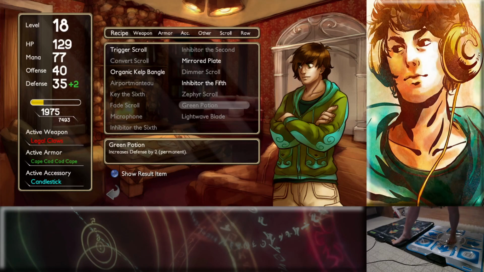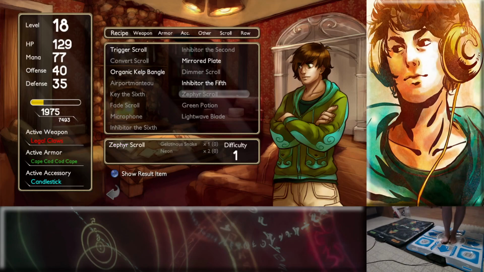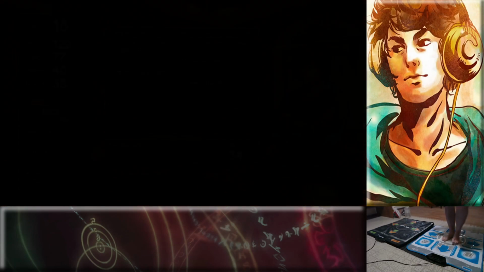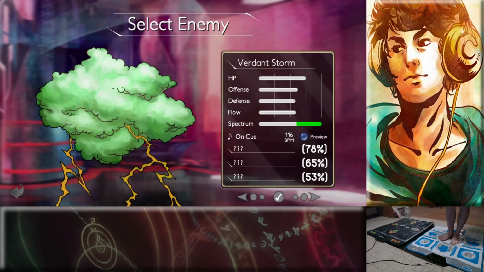Look at that thing. It's a very good weapon. What does this do? Defense by 2. Excellent. Scroll. That's a healing spell. I guess we can upgrade that. Might as well. What's this fade scroll? Siphon. I don't really care for siphons. But that blade, potion, and the Zephyr scroll sound really good. Alright, we'll do like 1 or 2 battles just to see if there's any new songs, but otherwise...